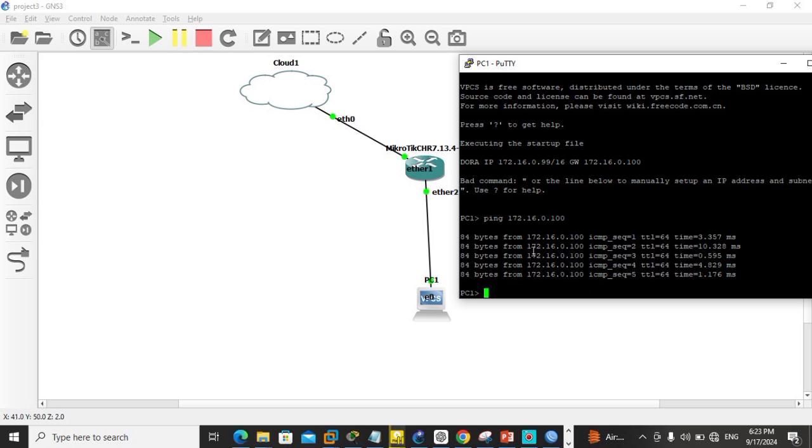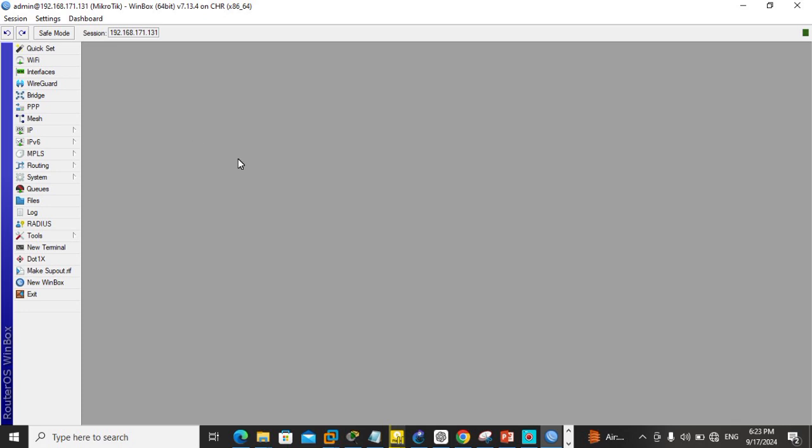This is the configuration of the MikroTik router, but how can we connect with the MikroTik router by this MikroTik